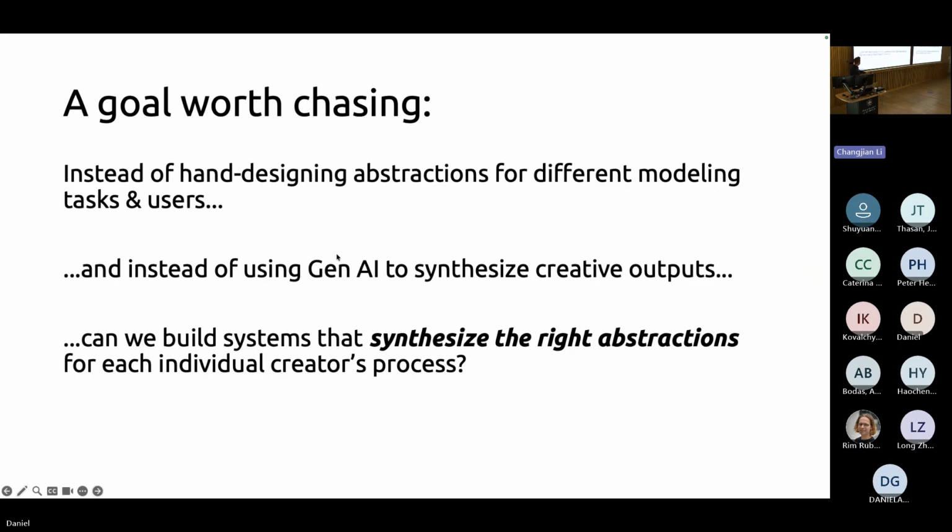And by the way, in framing this second one as a thing we don't want to do, I'm not saying that we shouldn't use big Gen AI foundation models at all. In fact, I think we actually can use them to help synthesize the right abstractions. And the fact that these tools exist now is why it's actually possible to investigate this question today. This isn't a question you even really could have productively asked a decade ago.